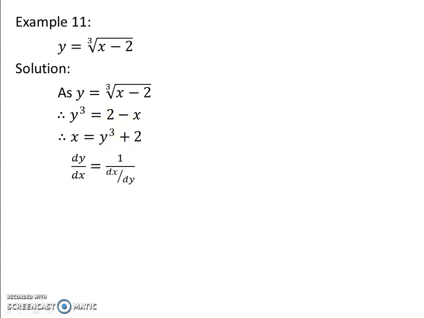So accordingly we will change below. x equal to, what you will do, shift this x there and y here, so you will get x equal to y cube minus 2. Sorry, 2 minus y cube. So dy by dx equal to 1 upon dx by dy, that is equal to d by dy of 2 minus y cube, d by dx of 2 minus y cube. So simplifying this,